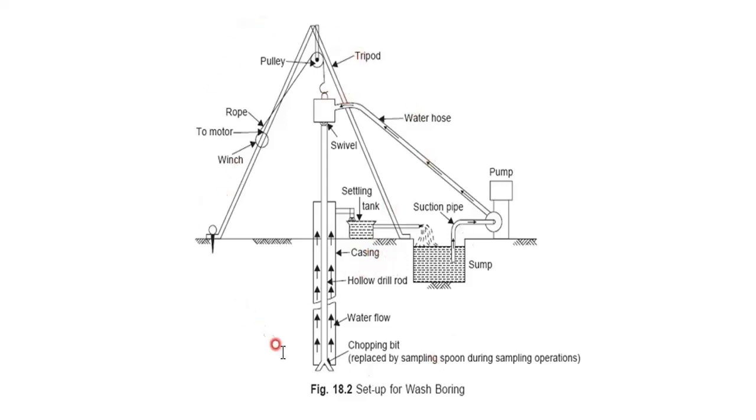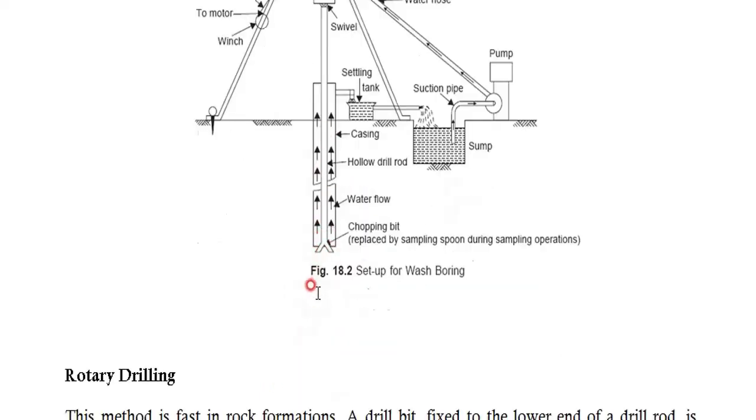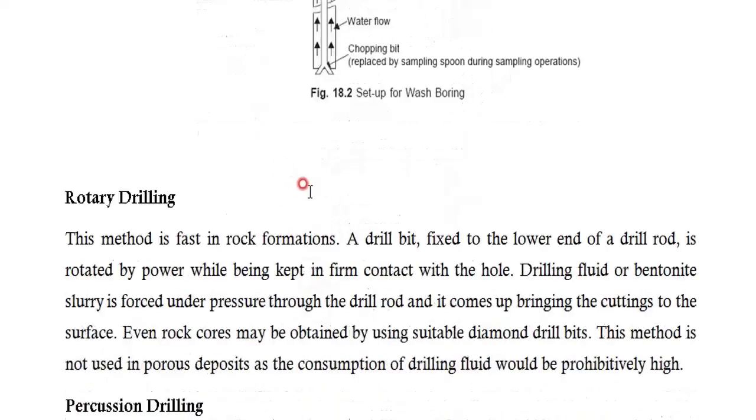Of course, this also gives you a disturbed soil sample, because it is disturbed in every way. Water content is disturbed, particle size is disturbed, and even minerals and everything are washed out. Then why are we doing this? Because we need to get a particular stratum, for example, up to what depth the black cotton soil is there below. And after that, if you get red mud, then you can conclude that after the black cotton soil some red mud is there. Like that you can get it.